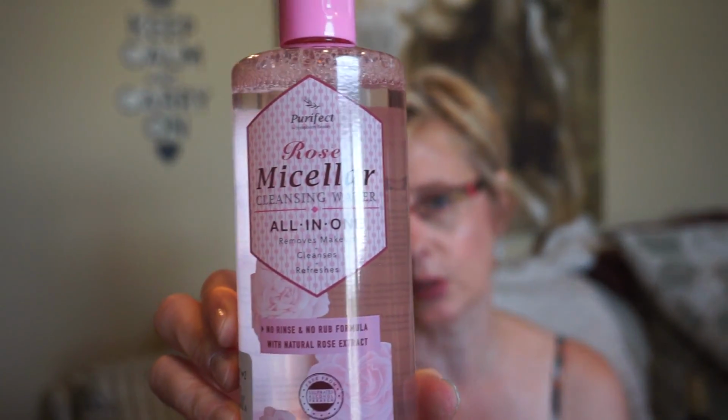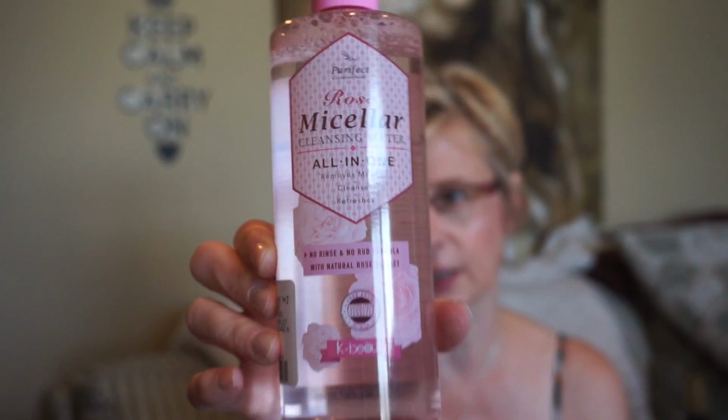And now I don't usually use cleansing wipes anymore. I find they dry out so quickly, and then they kind of pull and tug when I'm cleaning with them. So I do like cleansing oils at the end of the day just to wash off the face. But I do use micellar water still at times, especially if it's a hot day and I just want to kind of freshen up